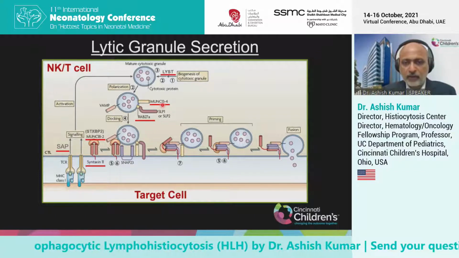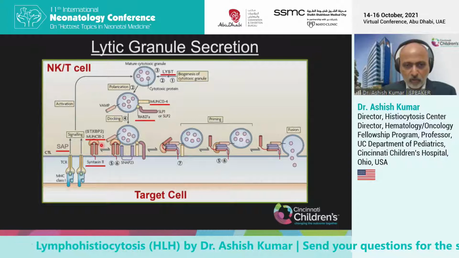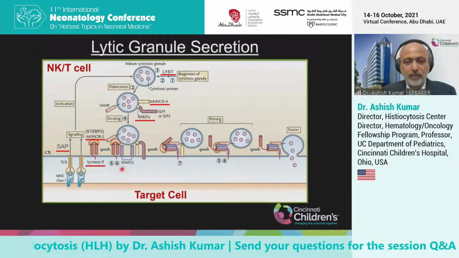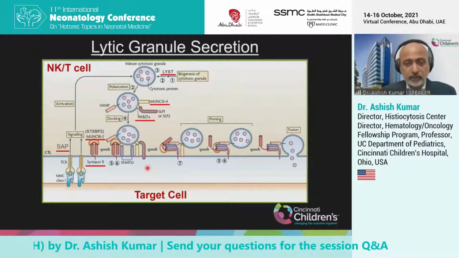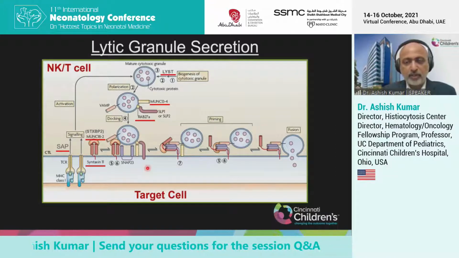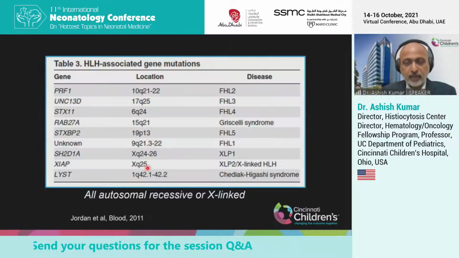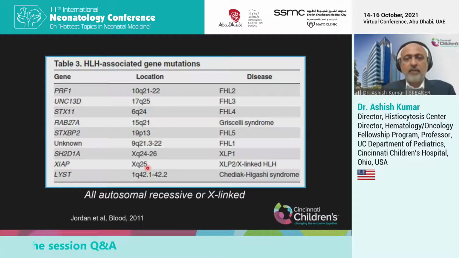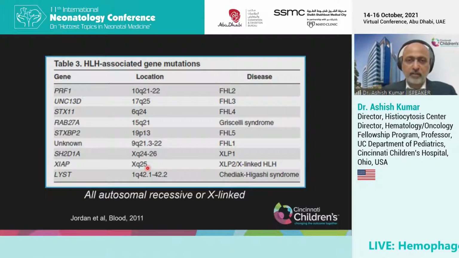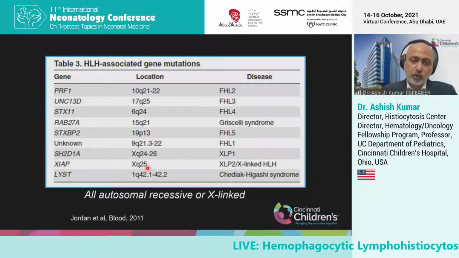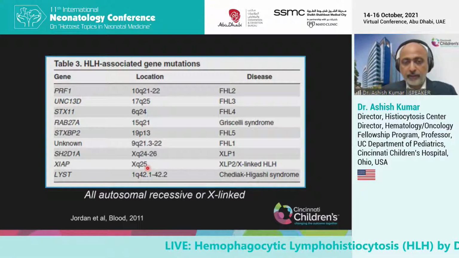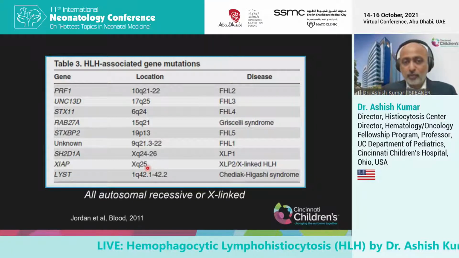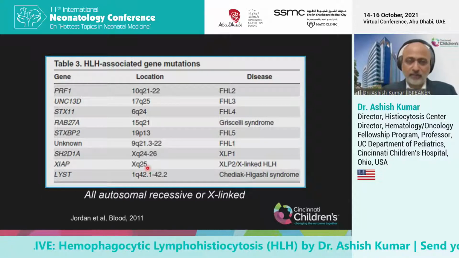And I have underlined in red all the proteins that we now know have been found deficient in children with HLH. And this is important because the majority of these genetic defects are autosomal recessive. And so many of these genes were actually identified only because of the cultural practices of consanguineous marriages, where autosomal recessive diseases then come forward, because the majority of us carry a single allele or many different mutations, but we are carriers because a single allele does not manifest the disease.